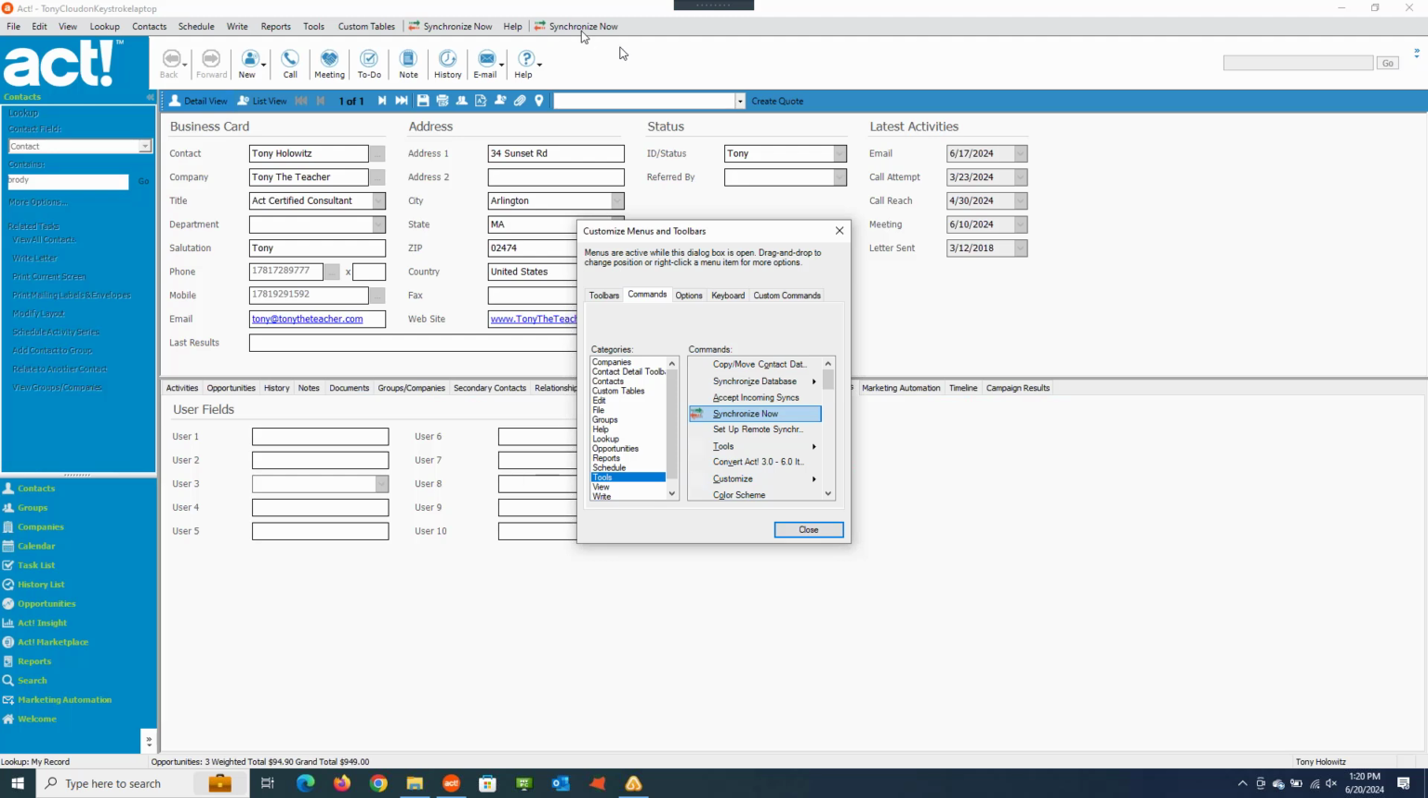I don't really need it there twice, so I'm going to click on that, right click, and go Delete. So that's how you add a shortcut to the toolbar and also manually synchronize. Very quick